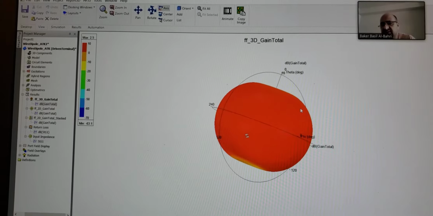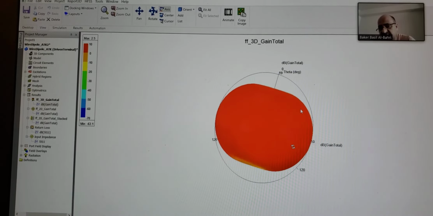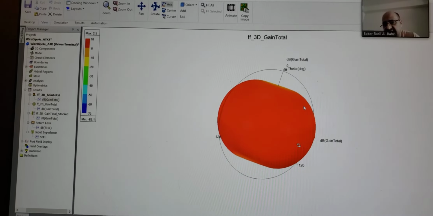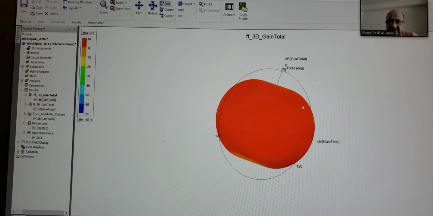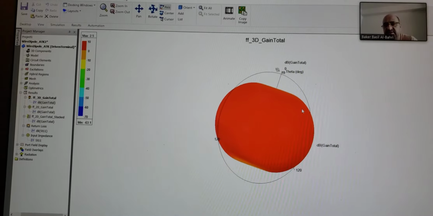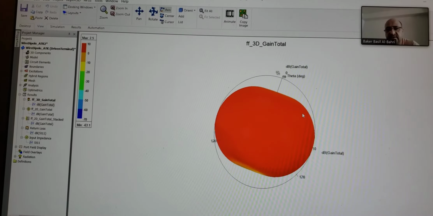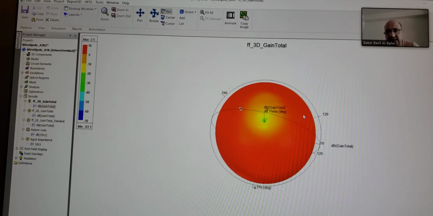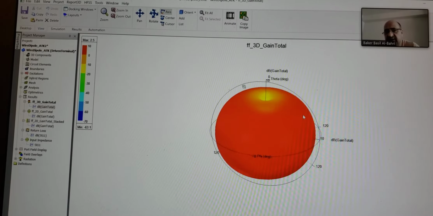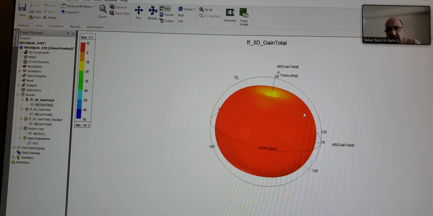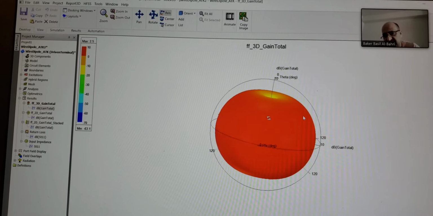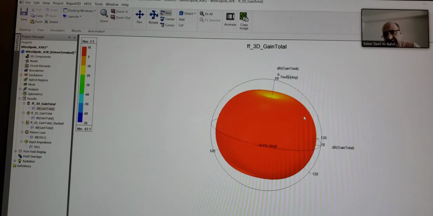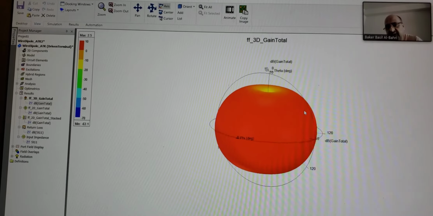It's not a ball, okay, because the ball is the ideal radiation pattern for the isotropic antenna, which is also an ideal antenna. We don't have an isotropic antenna, but we use it to compare our result with it. And this one here is the radiation pattern of the antenna. This is in phi, this is 0, the phi is 0, this is the theta, okay, and